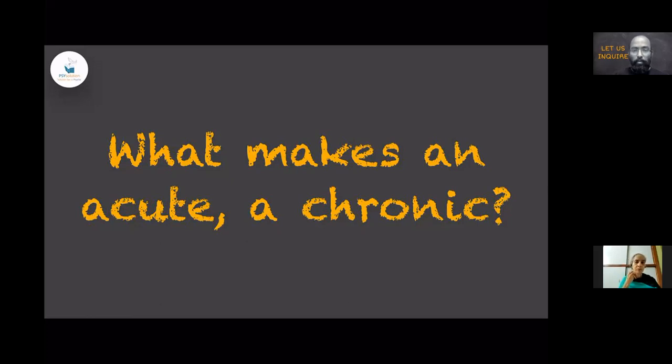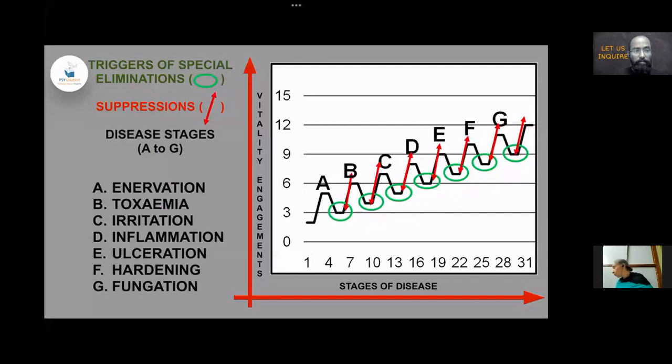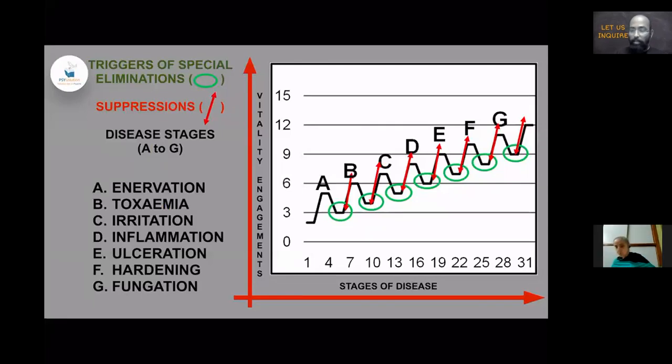So we were discussing the handling of an acute disease and how that gets converted into chronic. By the way, the PDF of this particular presentation will be shared with the participants. This particular chart is a very important understanding from the Nature Cure fraternity about understanding the individual health condition in terms of